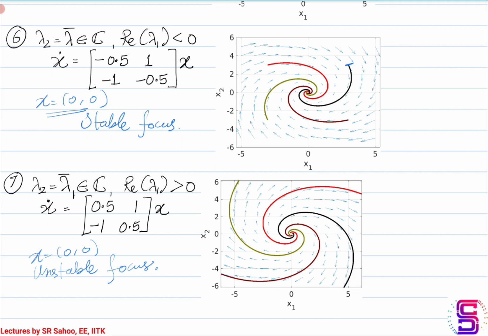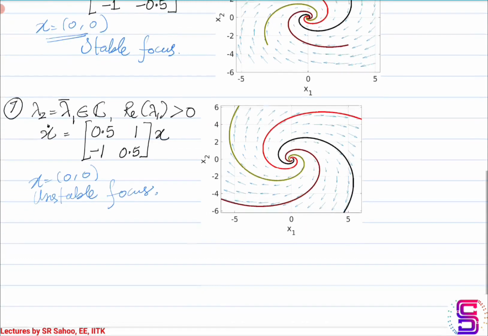So observe the vector field also. From the vector field, it looks like it starts very close to the origin, you have a tendency to move away, and it keeps on moving away. The similar thing is observed in a stable focus, wherein you start at some point and the vectors are such that the trajectories will move towards the equilibrium point.